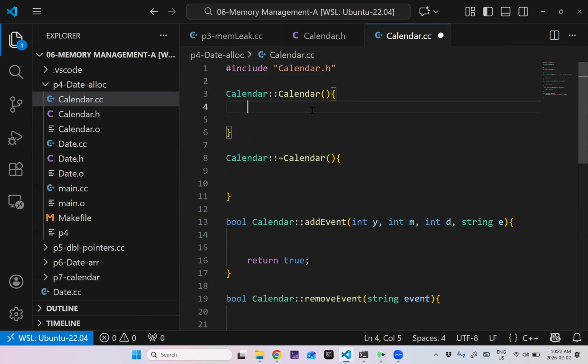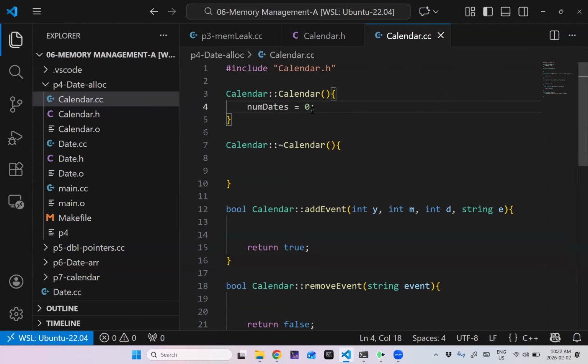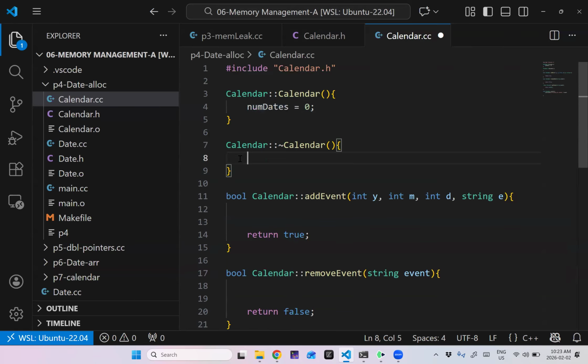Now in our constructor, I still want to make sure I initialize this, right? A lot of people on the test forgot that, and then when they went to print out all of the stuff, whatever they called the variable was some random number, possibly in the millions or billions. And so they would be printing out a lot of stuff. So always remember to initialize your member variables. Nothing we have to delete here yet.